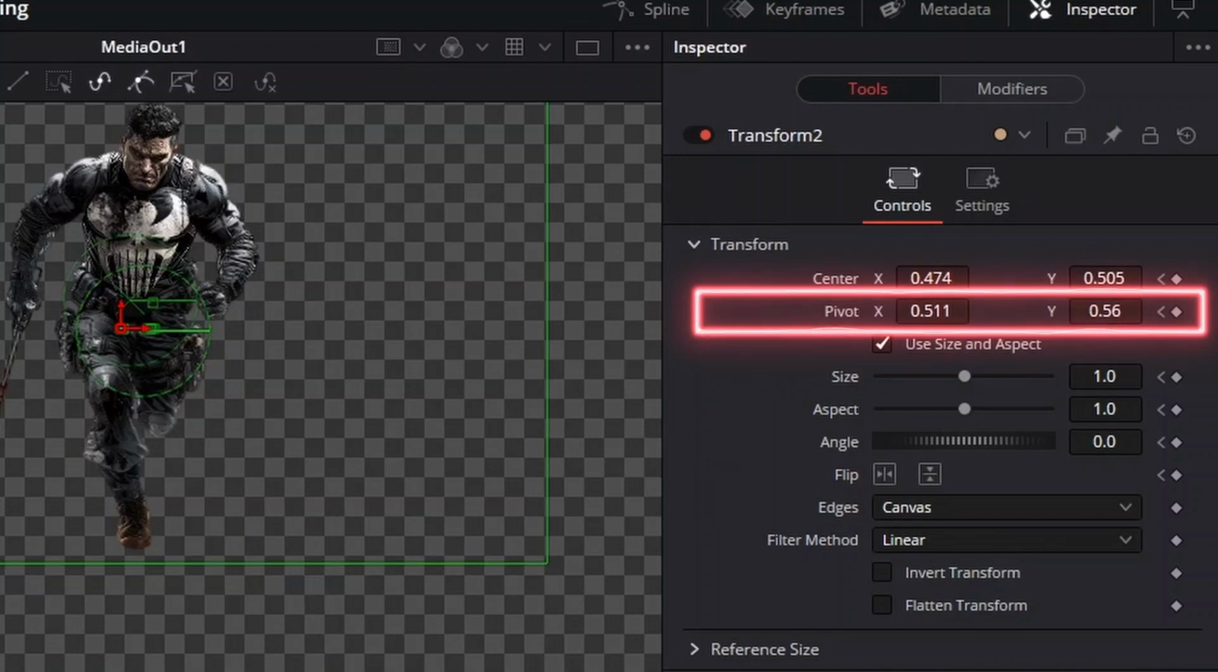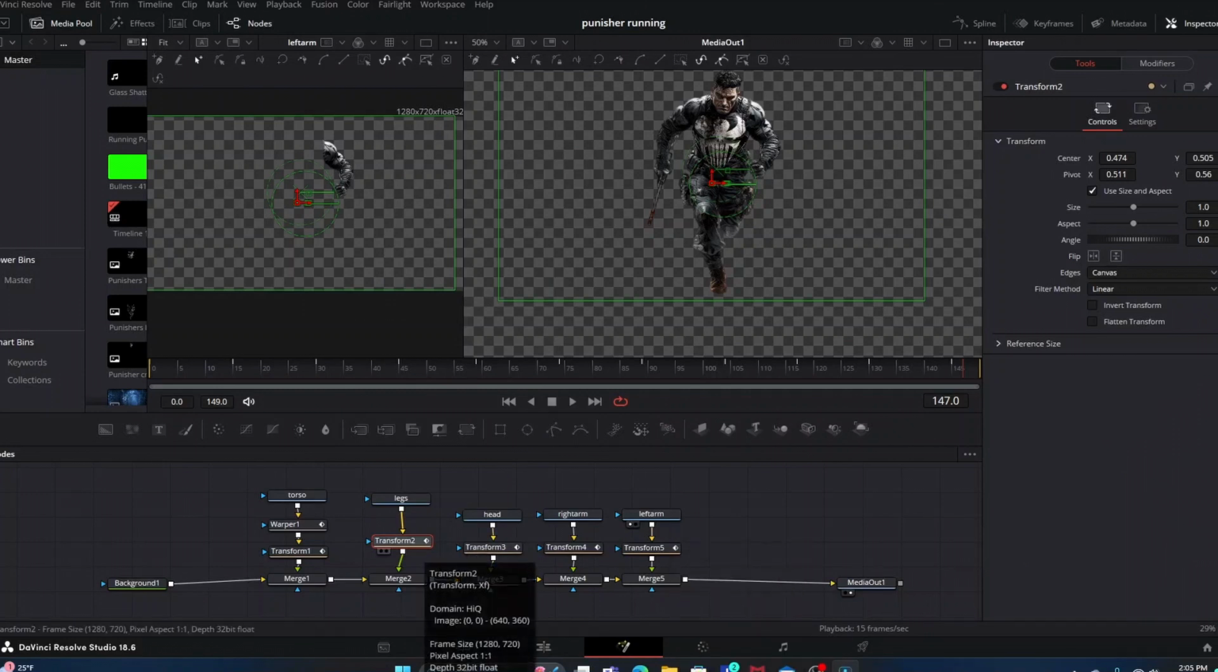So why is it very important? Because it makes it so you can move the different parts of the body while keeping them attached to the body, keeping them attached to the torso. So what do I mean? So let's take a look at